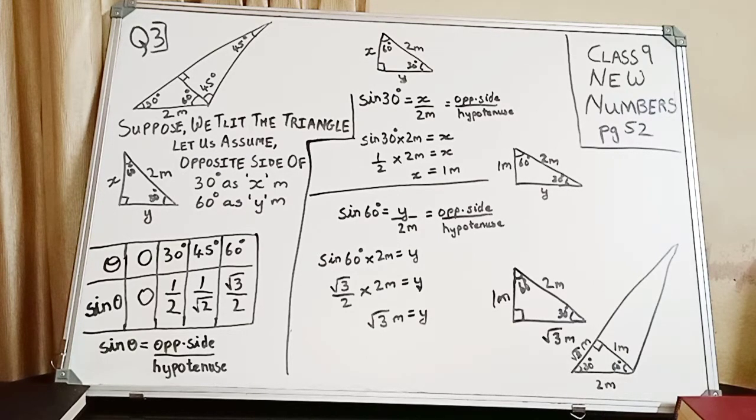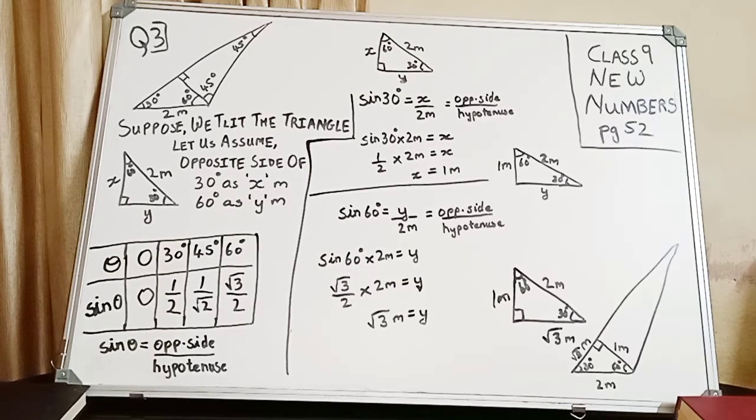In this question specifically, you have to learn something from trigonometry by heart. You can see this table. This is from trigonometry. Now in the 10th class you will be learning this in detail. So right now you just need to learn this table by heart. And this is the formula: sine theta is opposite side divided by hypotenuse. Always you need to remember what is hypotenuse. The side opposite to 90 degree is always hypotenuse.